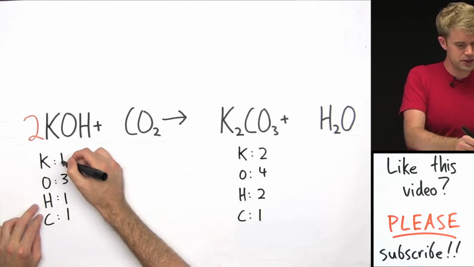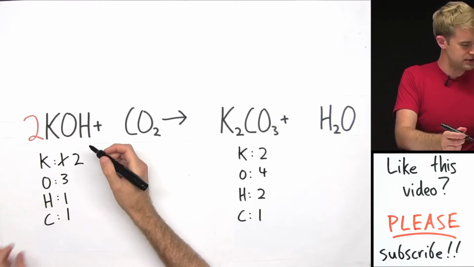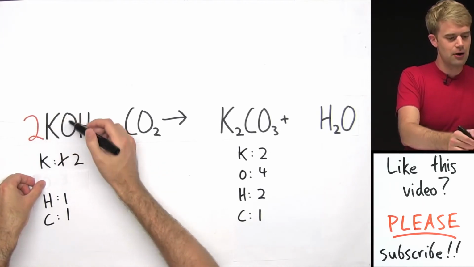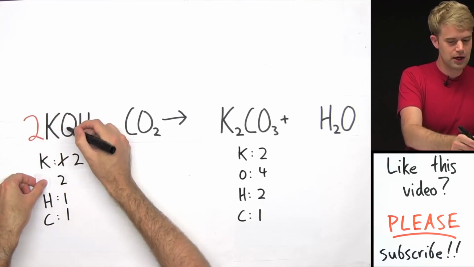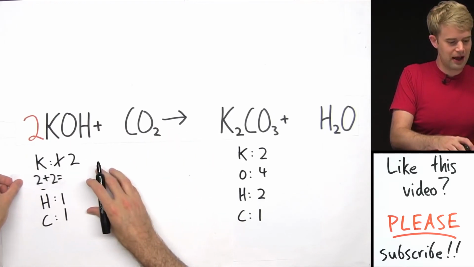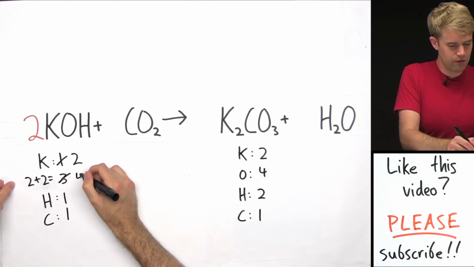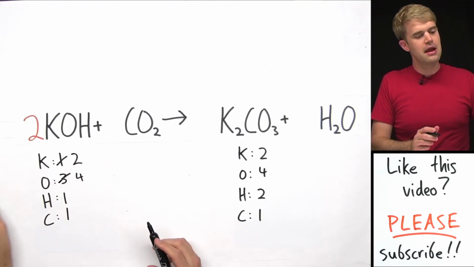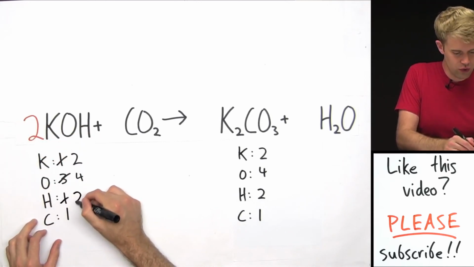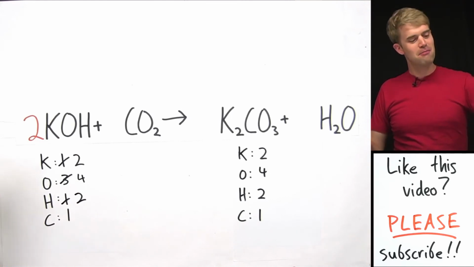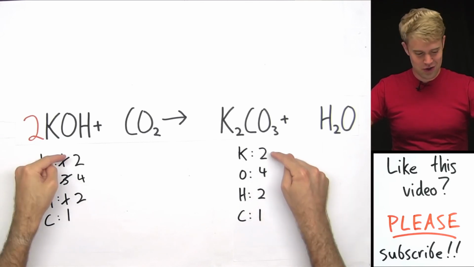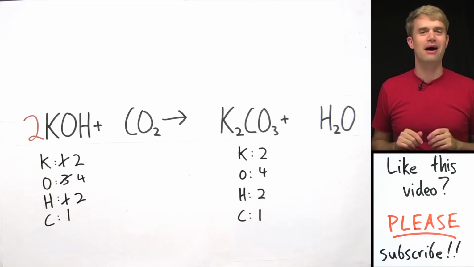Okay, the first thing that's going to do is it's going to give me 2 instead of 1 potassiums, because I have the 2 times K. Now for oxygens, let's look at how it's going to change that. Now I'm going to have 2 oxygens, because 2 times that, plus the 2 that I have over there in CO2. So I'm going to have 2 plus 2 is now going to give me 4. So I've got 4 oxygens. And in terms of hydrogen, now I'm going to have 2 times 1 hydrogen. So I'm going to get 2 hydrogens. And check it out. Putting this 2 here changed everything. So now I've got 2, 4, 2, 1. It all balances. Now we're going to